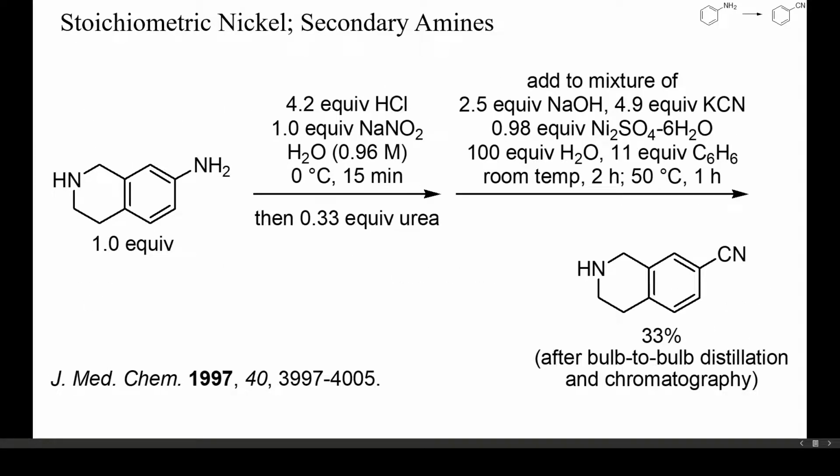Particularly difficult starting materials are anilines containing a primary or secondary aliphatic amine. An excess of a strong acid may protect such amines from nitrosation to some extent, but not completely, and a better choice would be protection as a carbamate. In this example, such an aminoaniline was converted into diazonium chloride with just one equivalent of sodium nitrite, and then cyanated with potassium cyanide and one equivalent of nickel sulfate. The target product had to be purified twice and was obtained in only 33% yield.